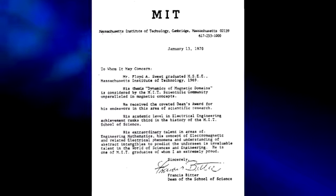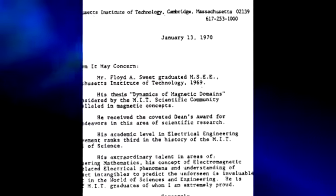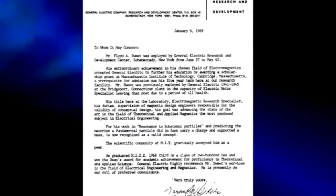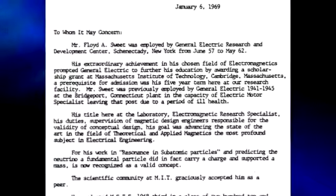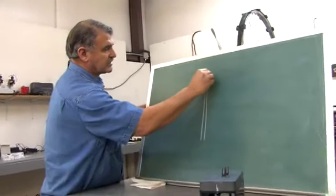by the way, these were my questions to Floyd Sweet, and let me tell you something about Floyd Sweet. Floyd Sweet was a magnetic expert. There is no doubt about it. He had a master's degree and a PhD in this and that, and of course that was very well hidden until the end. And he did write papers, so he was the real deal. Yeah, Floyd Sweet was the real deal when it came to magnetics, especially after working for General Electric all those years. So anyway, back to my lines, but that's a little bit more history on what I was asking Floyd,